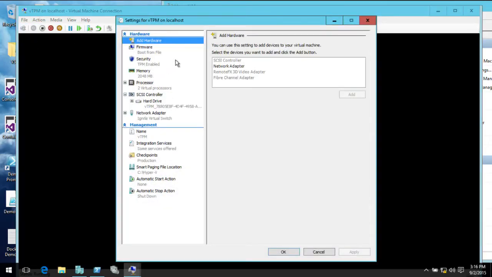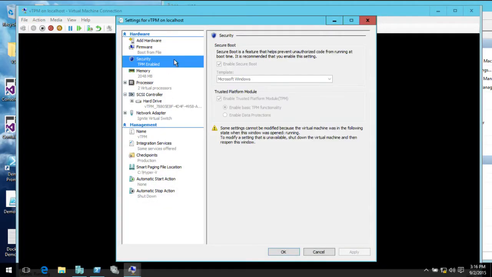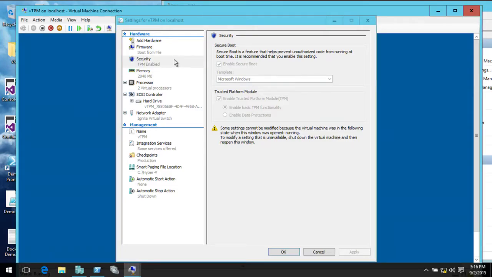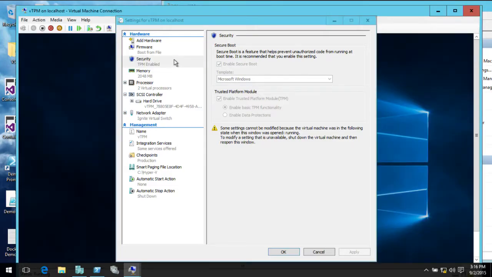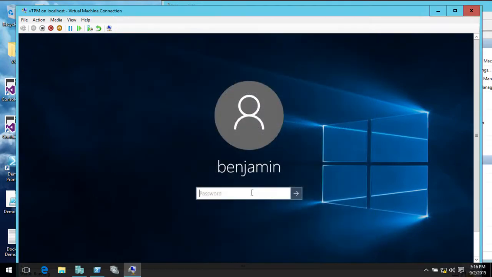So if you look in the UI, you can actually see that I've created this virtual machine. We've got the security tab, and I've enabled the TPM module on this. And what this does is it allows me to use all the security functionalities of Windows that build on top of this. So if I jump into the virtual machine now,